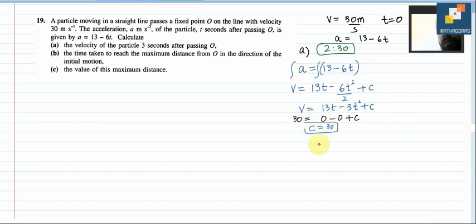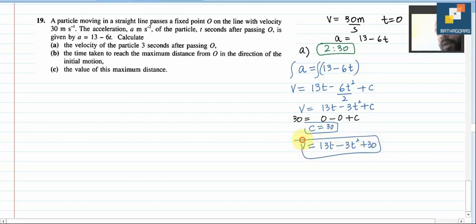So the final expression for velocity we have is velocity equals 13t minus 3t squared plus 30. I hope that all of you are getting the same expression for velocity. And it asks for the velocity of the particle at 3 seconds, so that means the value of time is 3, so velocity equals 13